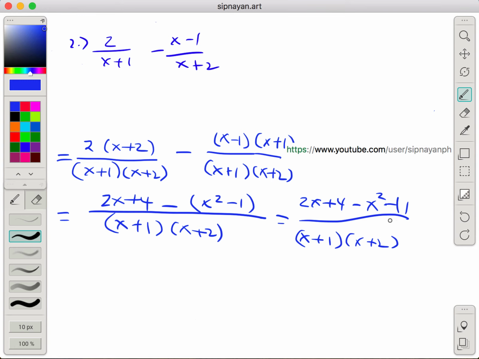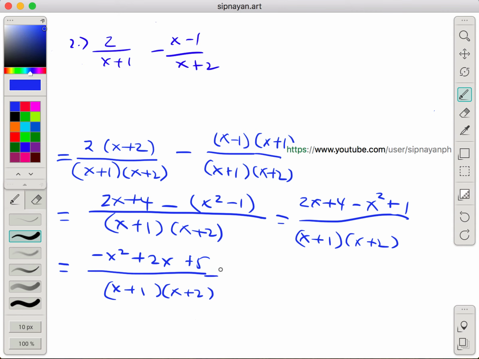Is this, this is plus, no? Okay, so pwede pa natin simplify. We can arrange the variables in decreasing exponent, no? Usually yun ang pinaka-convention. Pero syempre tama na rin yan. Negative x squared, then plus 2x, then yung plus 4 tsaka plus 1 magiging plus 5. And x plus 1 times x plus 2 yung kanila